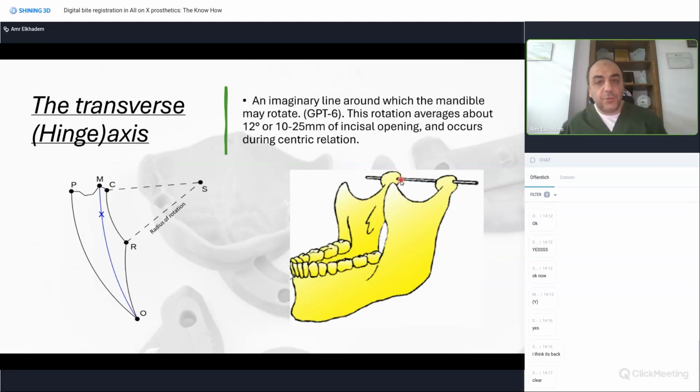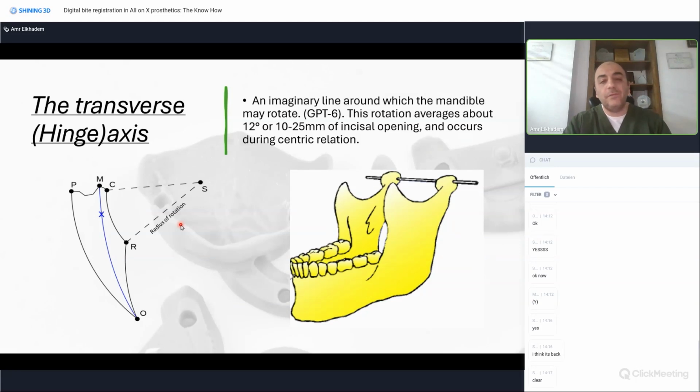And actually, when we join this center and this center together, what we call the hinge axis, and we measure the distance from this hinge axis to the mid-incisor point, this is called the radius of rotation. And this concept is very important because when we're doing full mouth rehabilitation cases, and we have a patient that